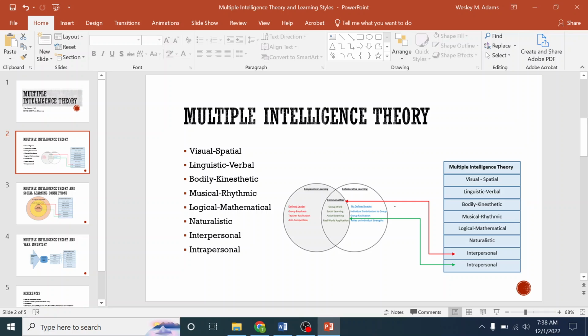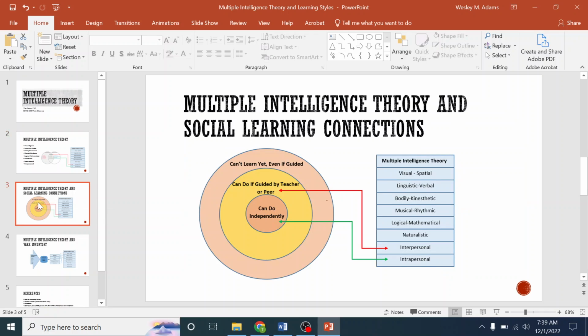For this week, we want to talk about multiple intelligence theory in terms of the activity that we're going to do in class. Last week we talked about social learning, and I just wanted to show you that connection from last week to this week. We talked about cooperative learning and collaborative learning. That's going to relate to interpersonal versus intrapersonal intelligence. We'll get to that in just a second, but I wanted to show you that there was a connection. Same thing in the next slide,